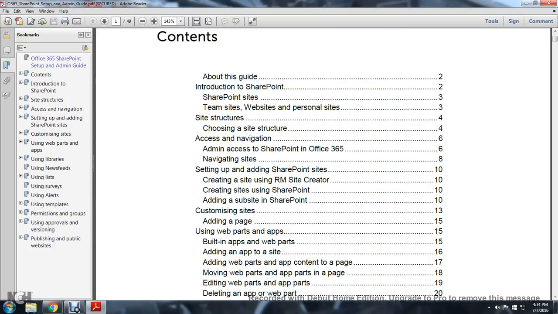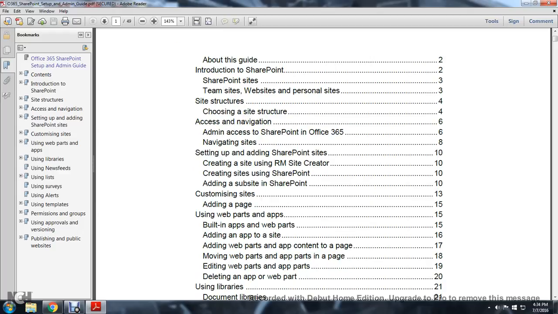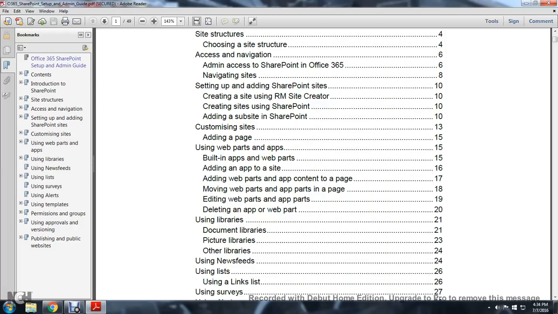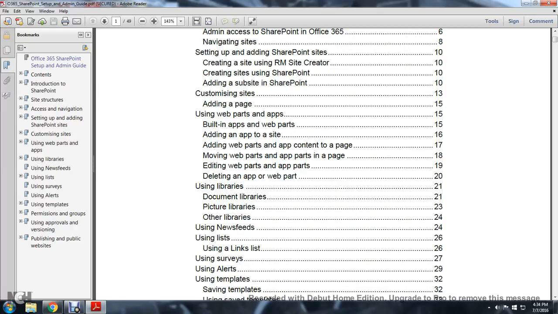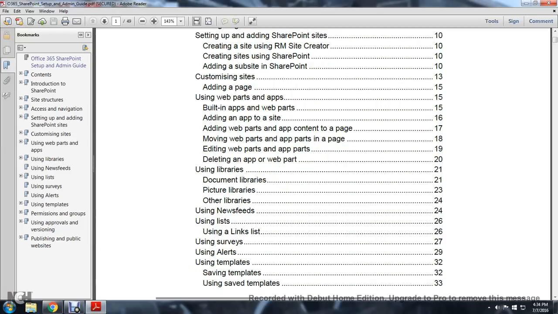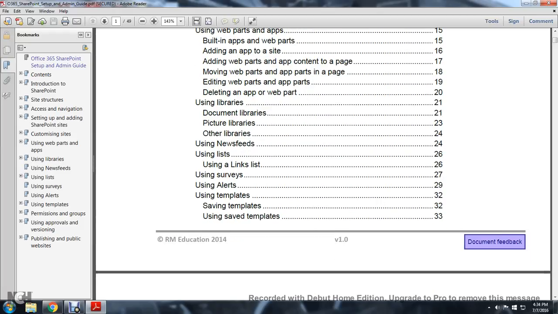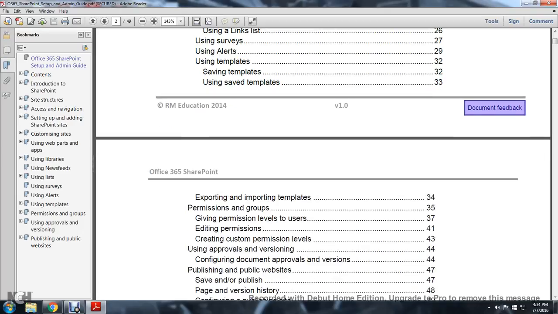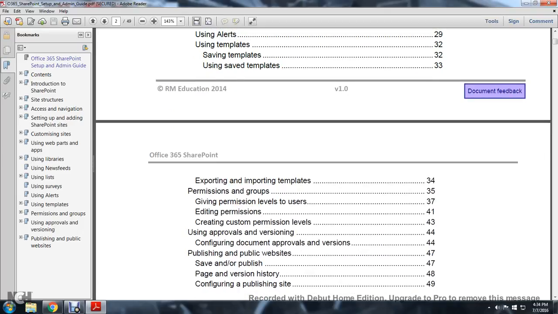adding web parts and app parts in the page, deleting an app or web part, using libraries, document libraries, picture libraries, other libraries, using news feeds, using a link list, using survey alerts, using templates, saving templates, using saved templates, exporting and importing templates, permission groups, giving permission levels to users, editing permissions, creating custom permission levels, using